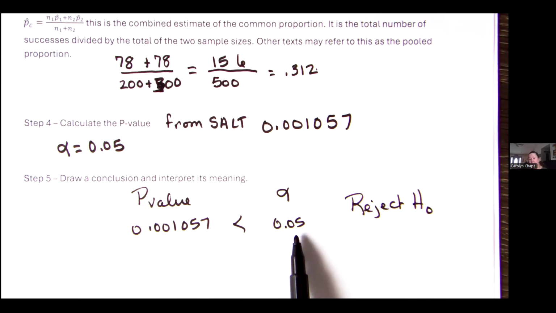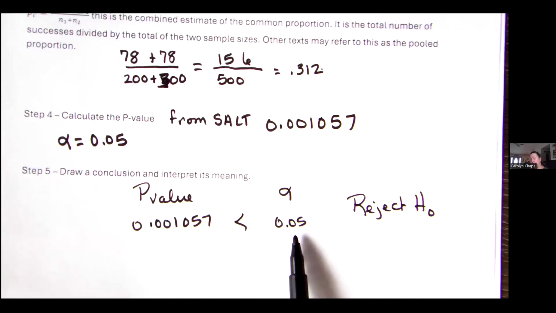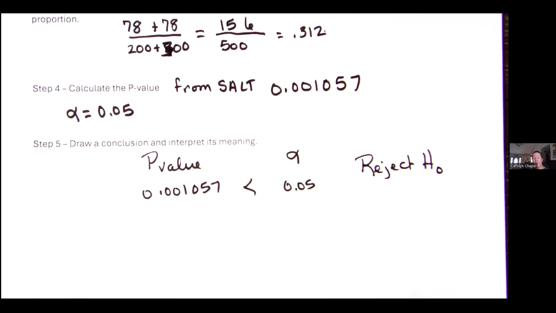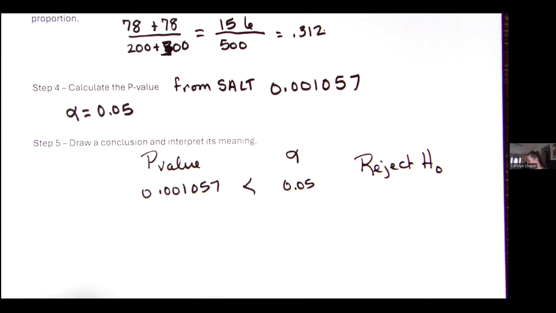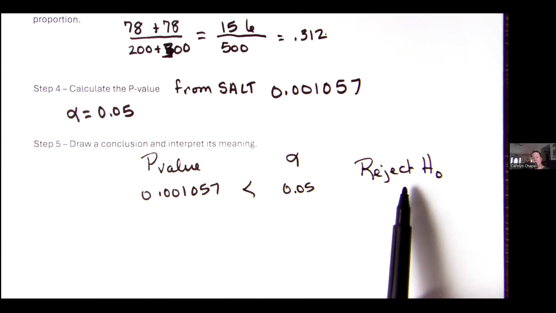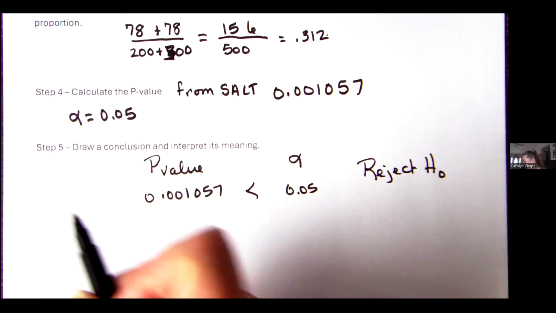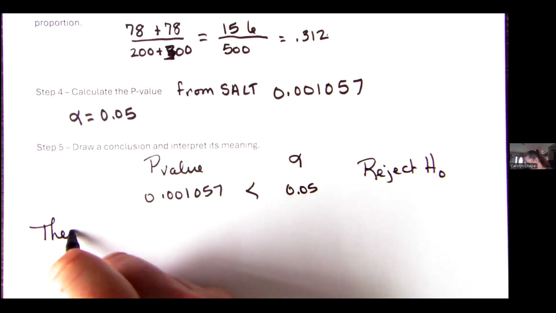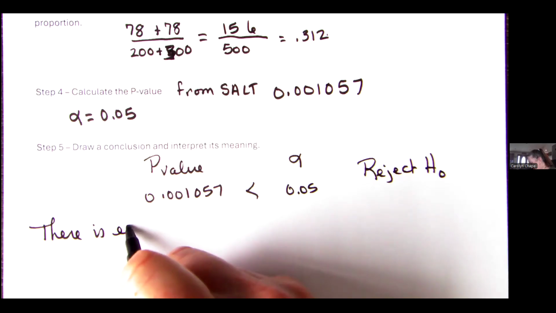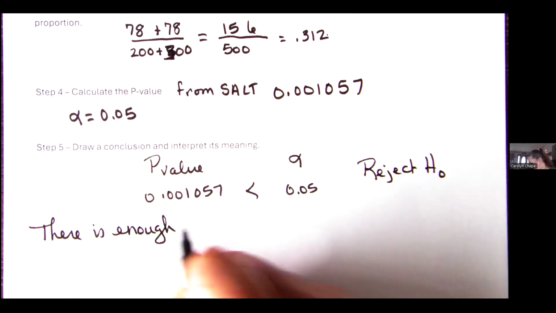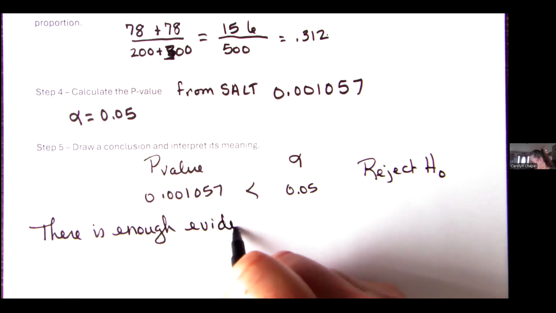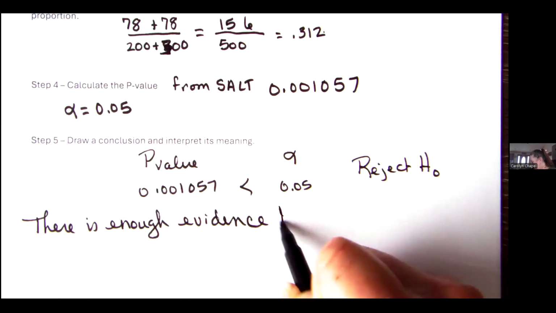This one is setting up somewhat of confidence for us, how important this decision may be. But in this case, we are going to reject, which means there is enough evidence or significant evidence to show